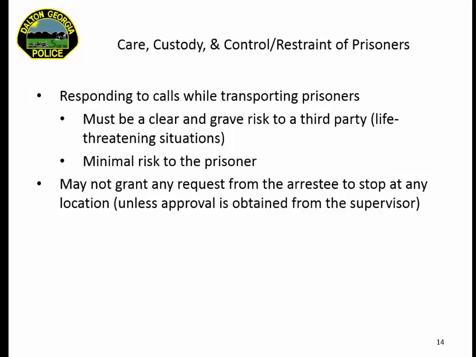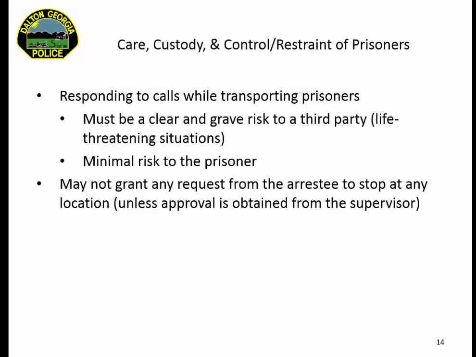An exception to this sometimes would be if you're dealing with someone on a DUI and they've consented to the required state tests, maybe of their blood, for example, and once they've consented to that test, they ask you to stop by an ATM to allow them to get some cash out. There are some case laws out there that if that's the only option, the officer must comply with that.